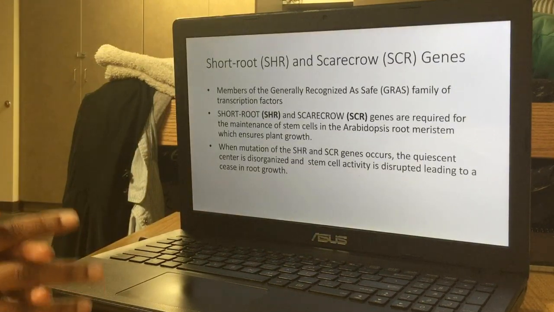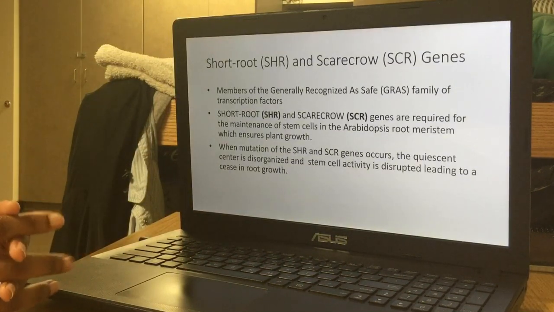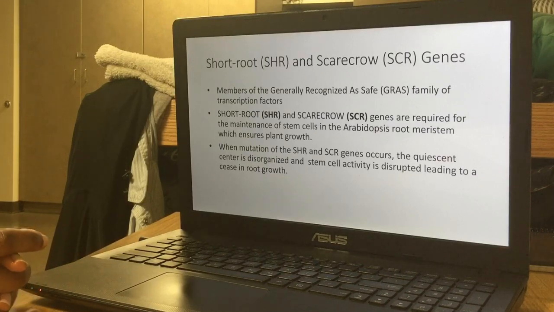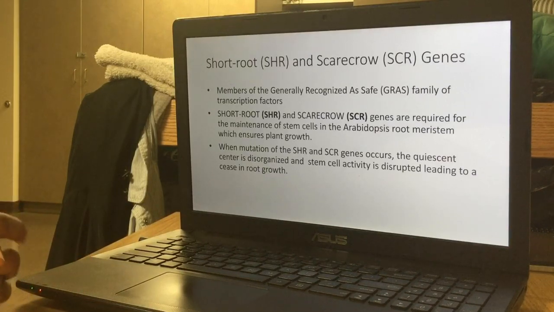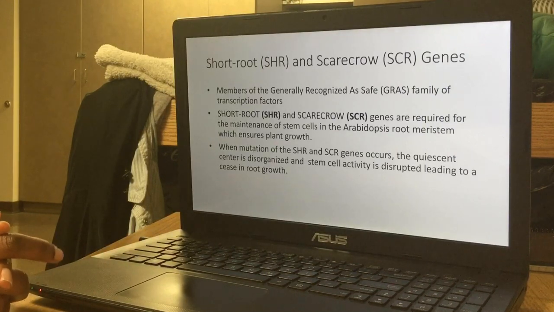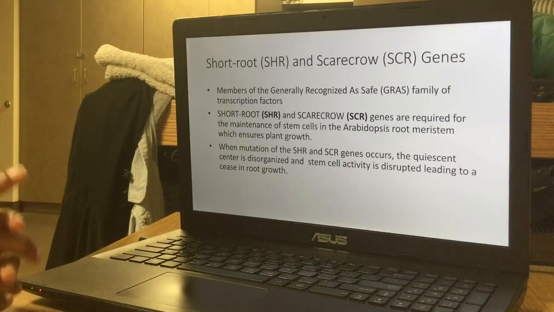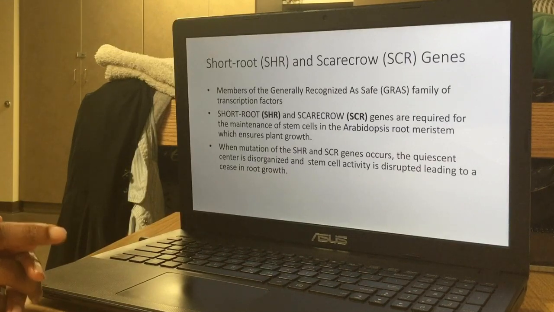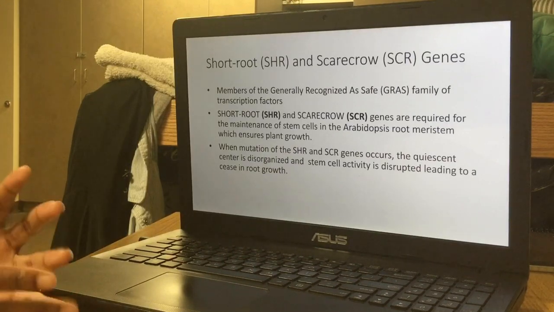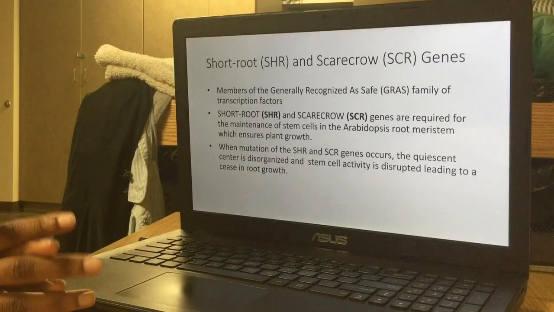So there were two genes that were isolated in this article's experiment. These two genes were the short root gene and the scarecrow gene. Both of these are members of the generally recognized as safe, also known as the GRAS, family of transcription factors. And transcription factors are basically just the off switch for